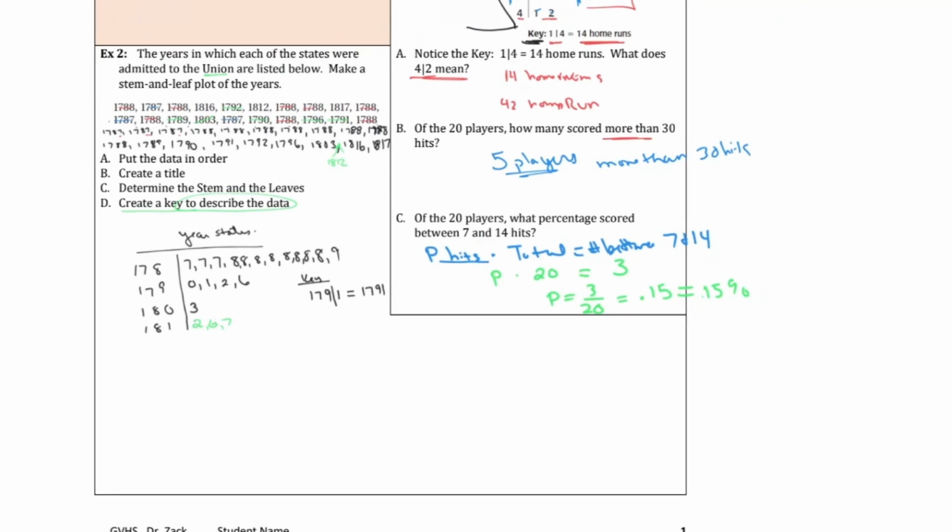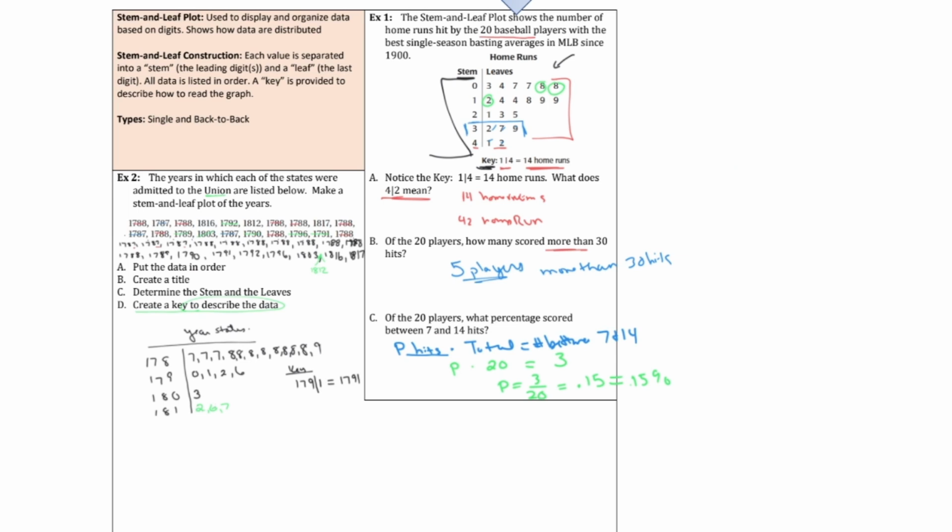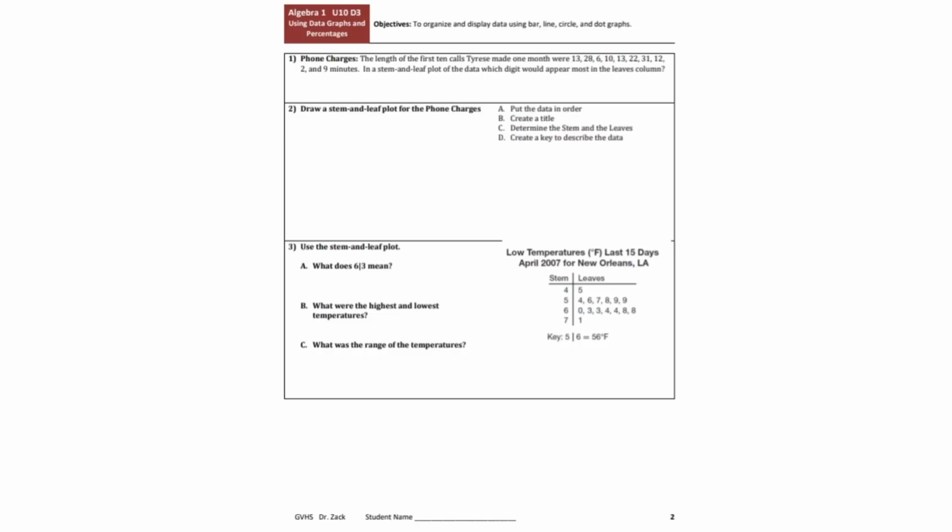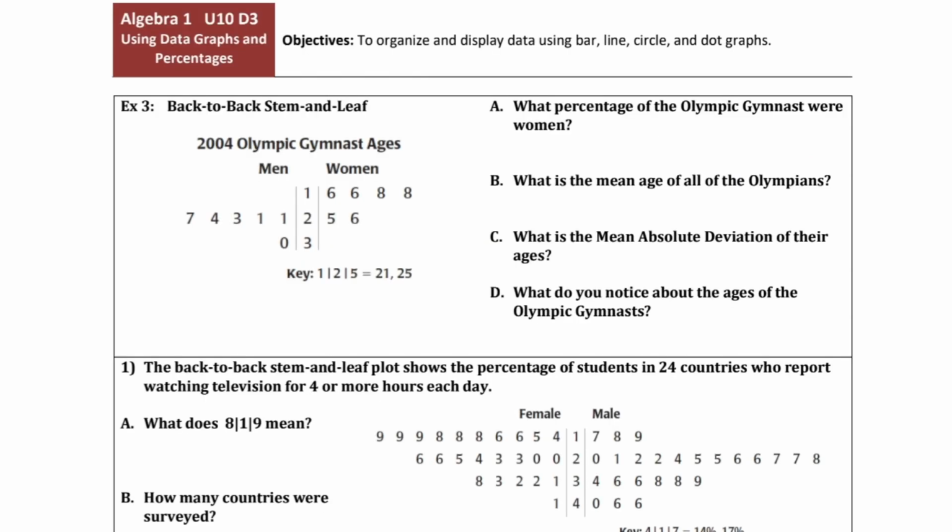All right, so that's our first stem and leaf plot that we've drawn. Make certain that you put your data in order before you begin. As you look at the next page, what I think you'll see is that the problems are very similar. So complete questions 1, 2, and 3 as your assignment. Example 3 is a back-to-back stem and leaf plot. What that means is that you have two